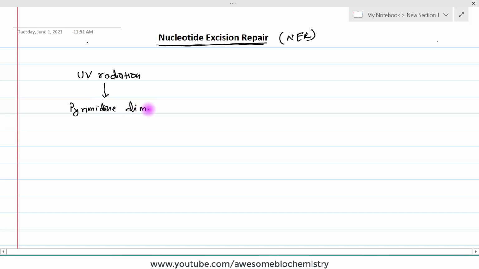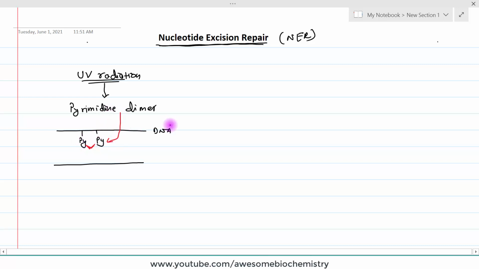What happens whenever there are two consecutive pyrimidines in the DNA? Suppose this is one pyrimidine and this is the second pyrimidine. This is a double-stranded DNA, and when any single strand contains two consecutive pyrimidines and interacts with UV radiation, this pyrimidine and this pyrimidine both bind directly with each other, like this. So, there is a formation of a cross-link between these pyrimidines,